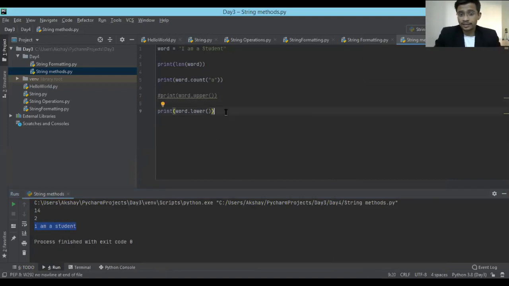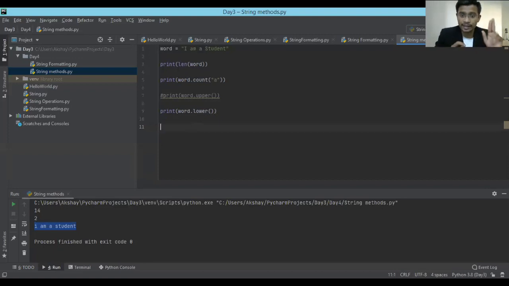But there are certain cases where you want at least the first letter to be capital, right? Generally a string, a paragraph or a sentence starts with the first letter capital, not all letters like I did. So this is not the right way of writing. Generally sentences are like this: the first letter should be capital, and the rest of the letters should be small. That's how we write sentences in English.